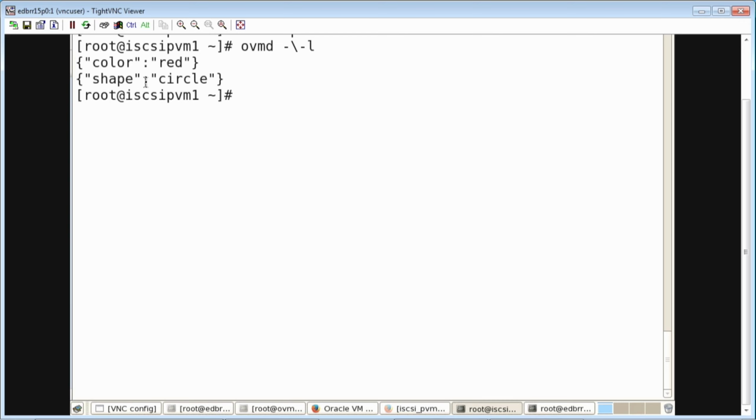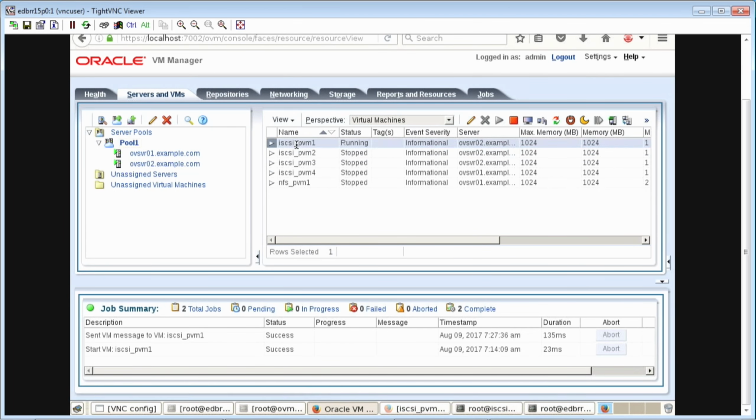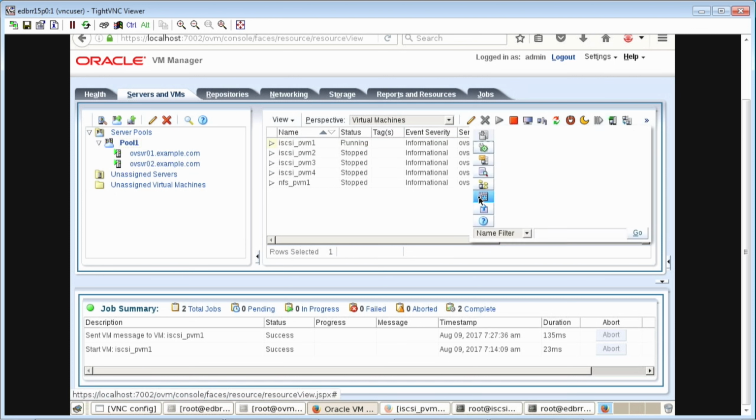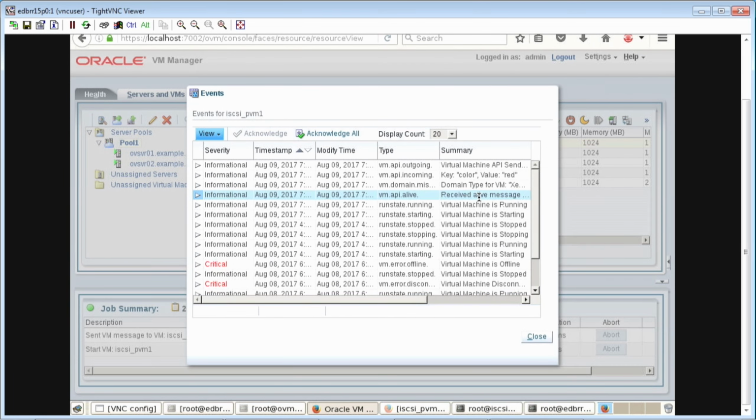To view events in the Oracle VM Manager user interface for the iSCSI_PVM1 virtual machine, we select the iSCSI_PVM1 from the list of the virtual machines, and we click the Display Selected VM Events icon. We select the PVM, and it doesn't appear here. Okay, you have this one, Display Selected VM Events, in this icon. Well, you will see, for example, that the color red appears